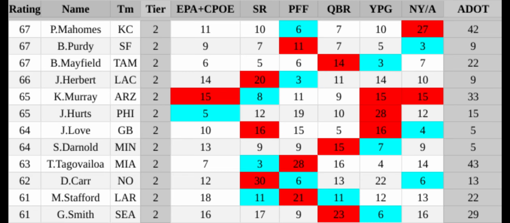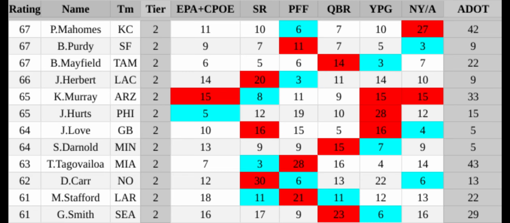For Brock Purdy, he had a very underrated year, I would say. I think a lot of people think he just cost himself a lot of money with this season. Maybe he did, but he was very good. It wasn't like he crapped the bed. And his worst stat being 11th, granted, it's in one of the key stats in PFF, it's still a really nice stat to have as your worst stat.